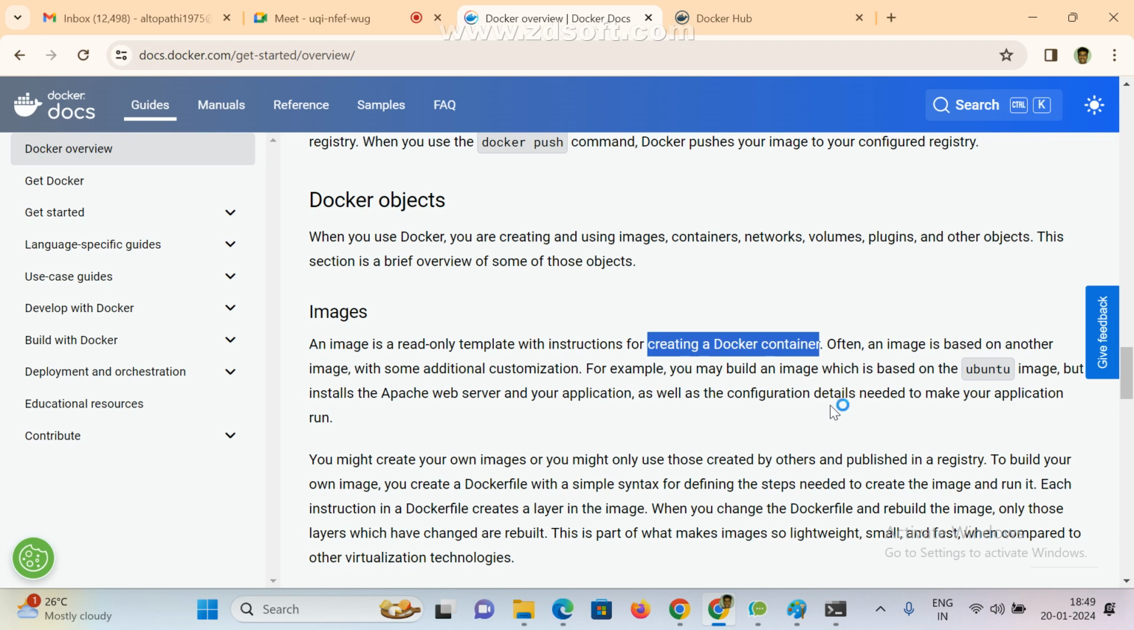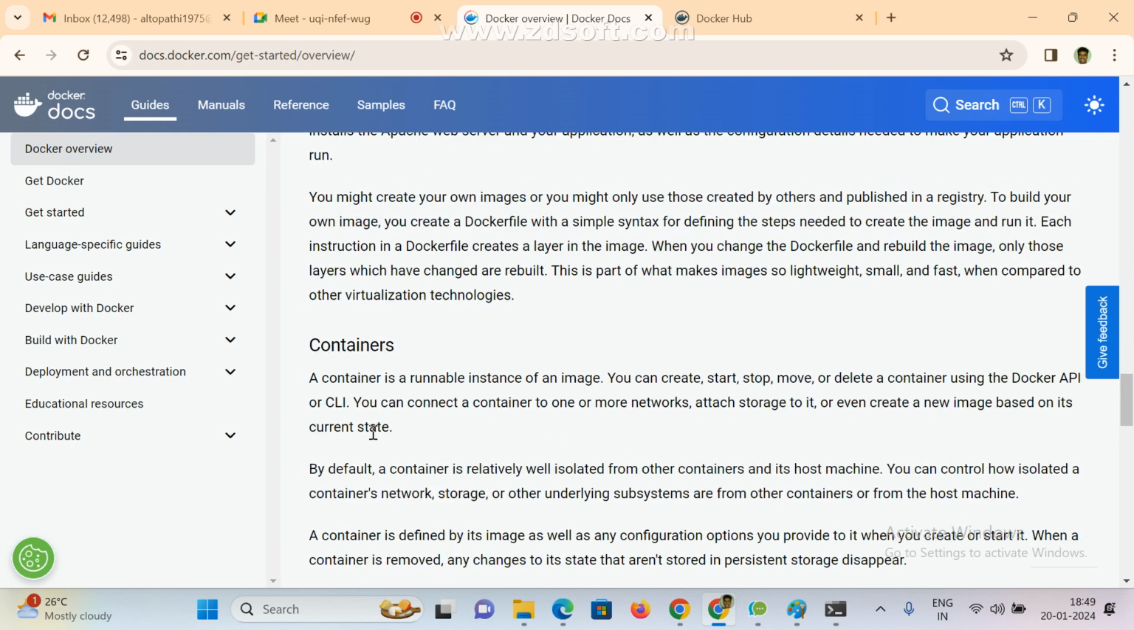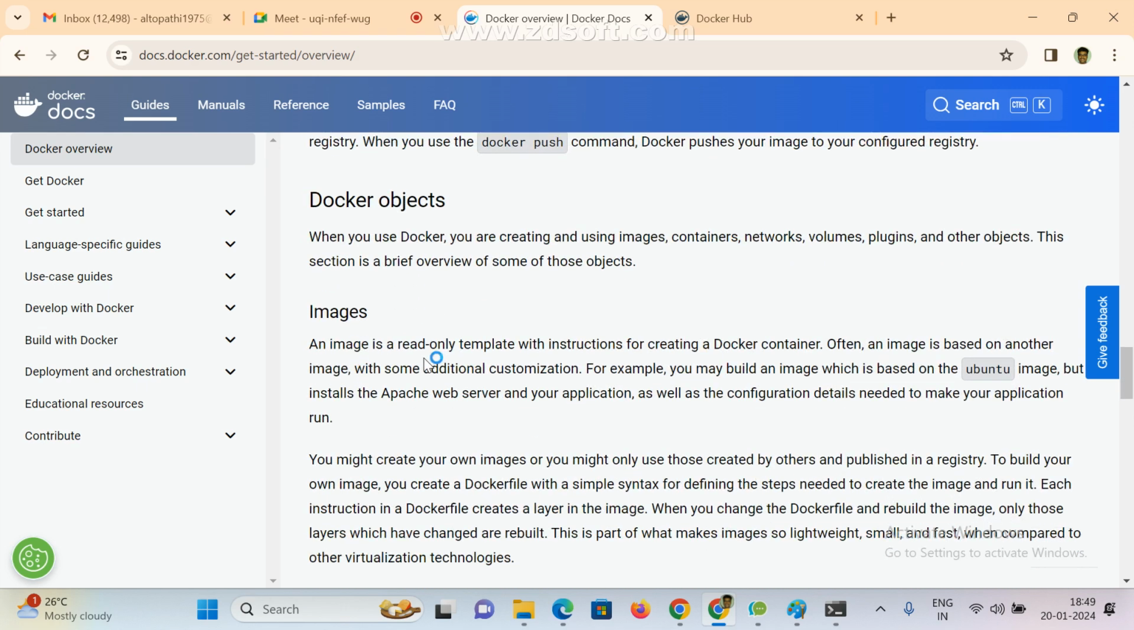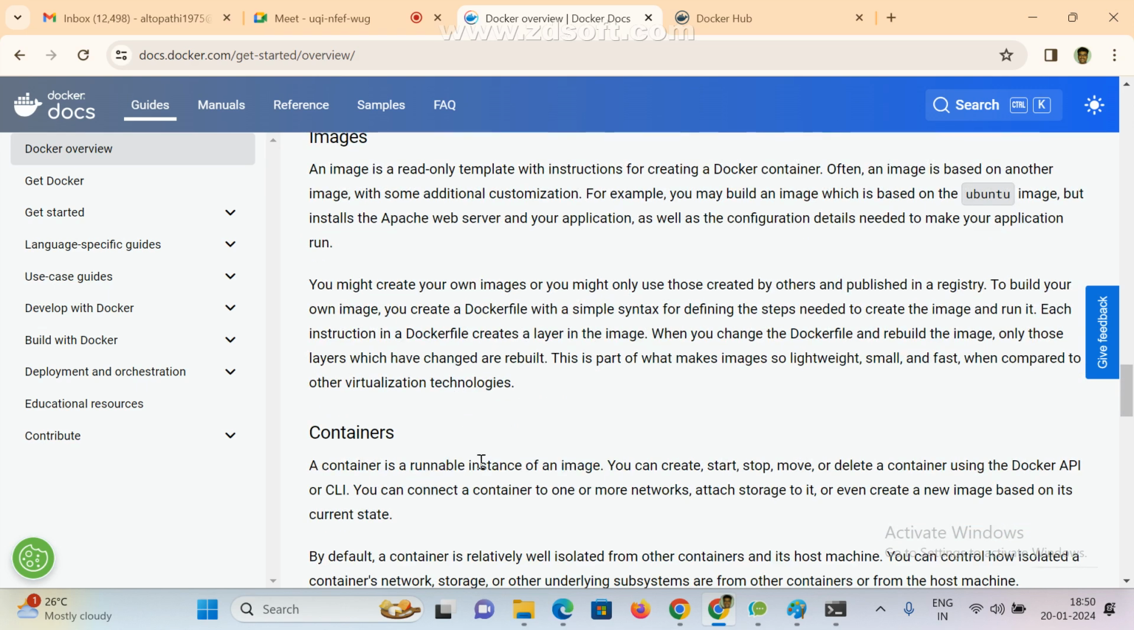This line is enough for interview purposes. They are not expecting all the lines. If they simply ask what is a Docker image: a Docker image is nothing but a read-only template with instructions for creating a Docker container. What is a Docker container? A Docker container is nothing but a runnable instance of an image. From this image we create a container, right? That is a runnable instance of an image, that is nothing but a container. You can create, start, stop, move, and delete